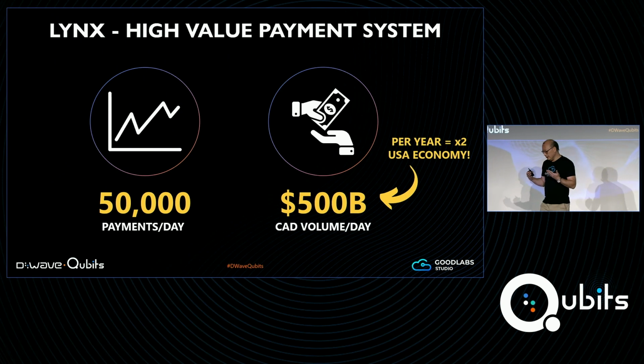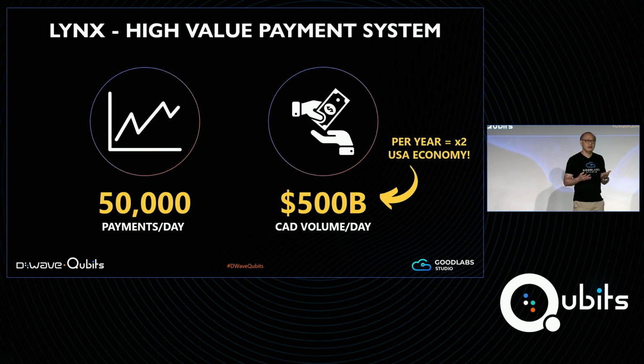To put that in a bit more perspective, on a yearly basis the transaction value is 4 times the size of US GDP, and that's about the size of the global economy's GDP. So that's not trivial. But more importantly, LYNX is of systemic importance for the Canadian financial system and the Canadian economy in general, and also a crucial tool through which the Bank of Canada, the central bank, implements monetary policy.